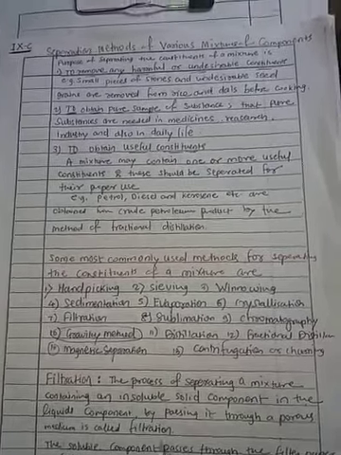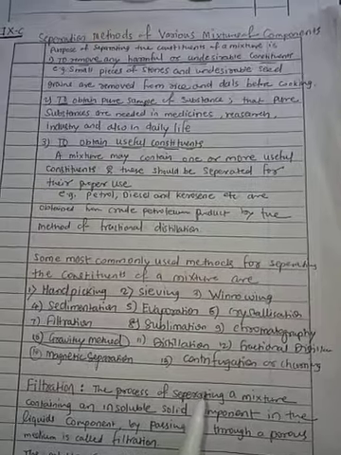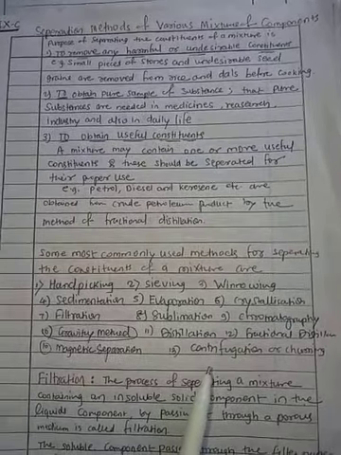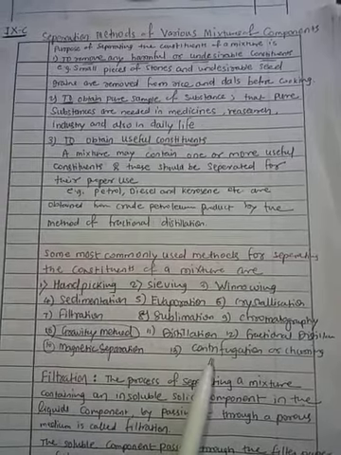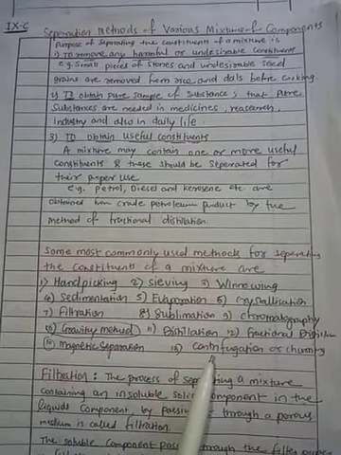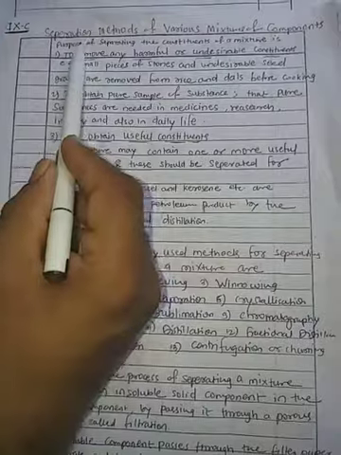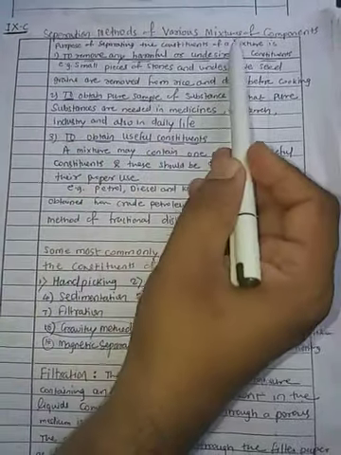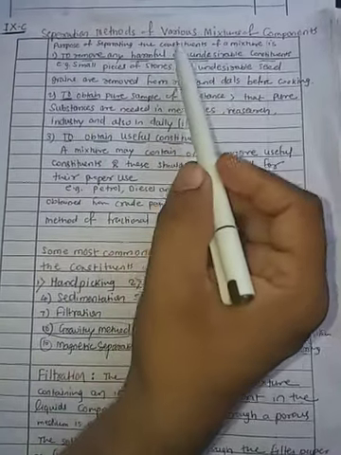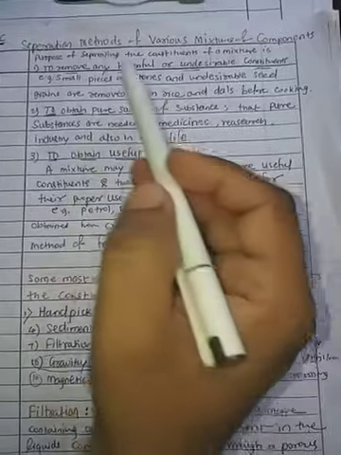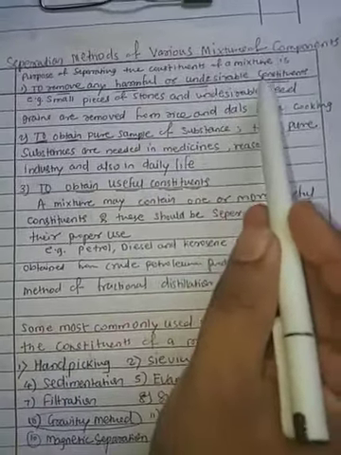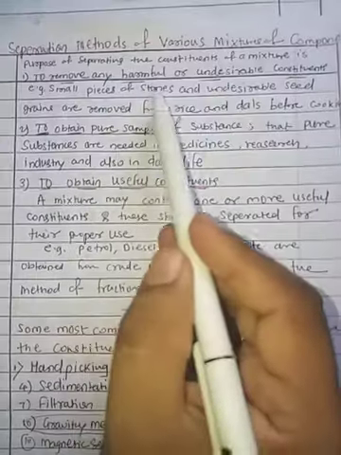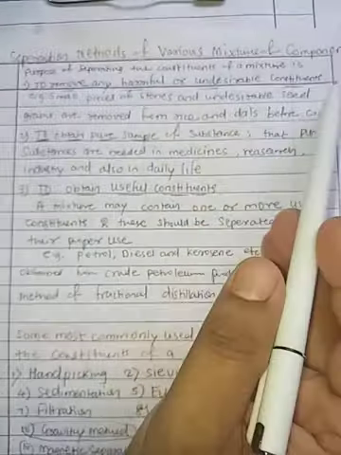So, hello friends. Last time we discussed physical and chemical changes, in which we saw so many examples. Now our next part is separation methods for the various components of mixtures. So we have to separate now. Basically, the purpose of separating the constituents of a mixture is to remove any harmful or undesirable constituents.